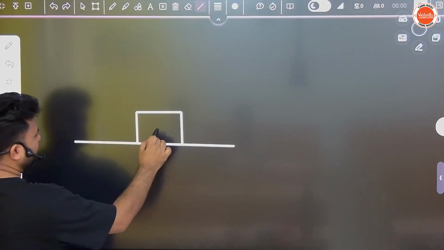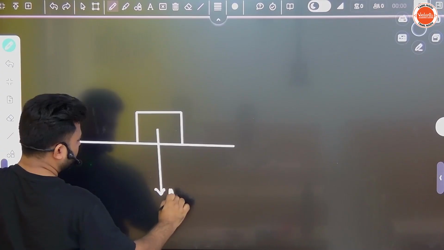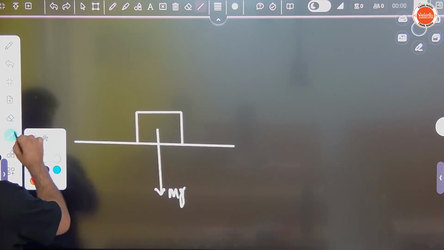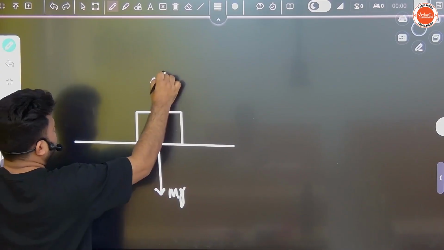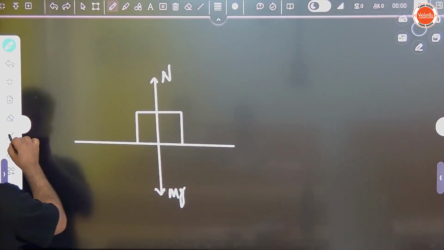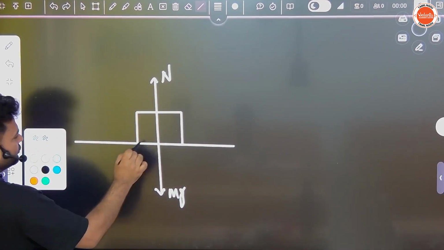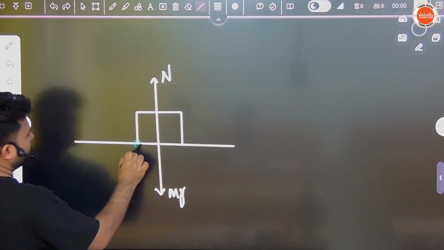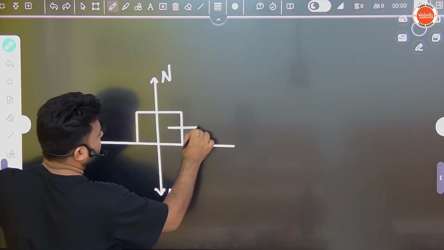What are the forces acting on it? So one force is mg, one force is normal, and suppose someone applied a force on the object, so friction. Suppose someone is applying force in this direction,